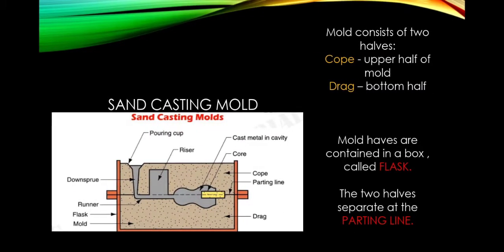The mold consists of two halves, cope and drag. The cope is the upper half of a mold and the drag is the bottom half. These two mold parts are contained in a box called a flask, which is also divided into two halves, one for the cope and the other for the drag. The two halves of the mold separate at the parting line,